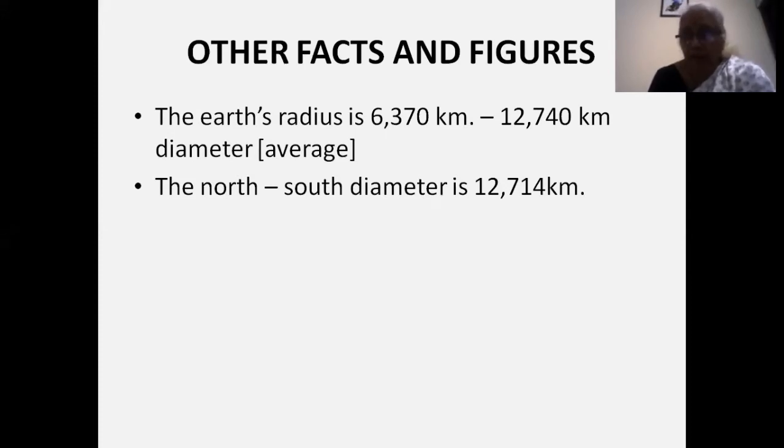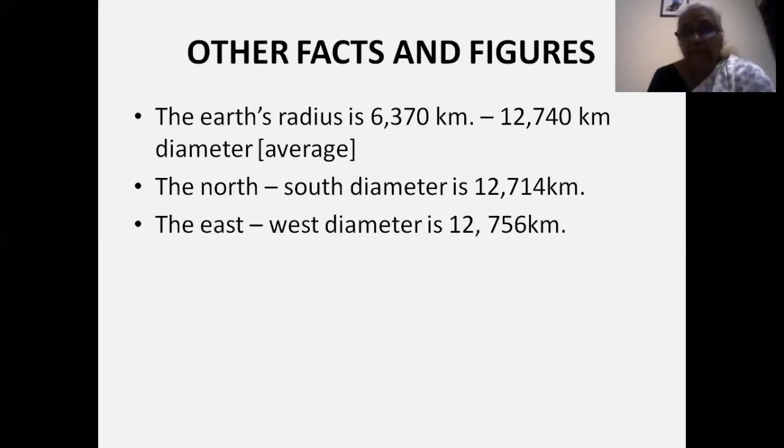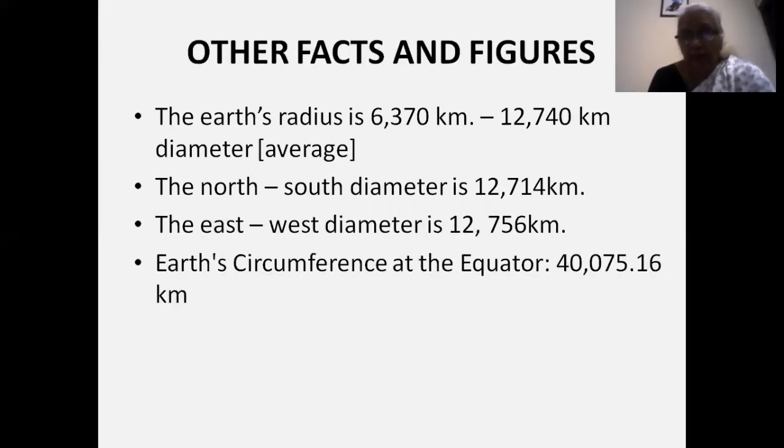12,000 is a common unit, and then the difference is about 43 kilometers. Therefore, if you can remember any one of these and add or subtract 43 to it, that's how you will be able to remember what the other values are. So you may get this question as match the following.